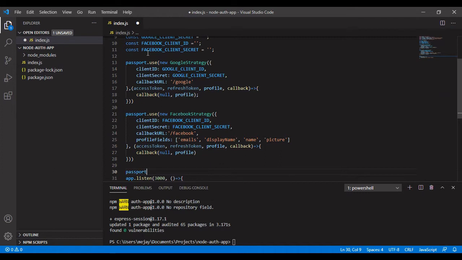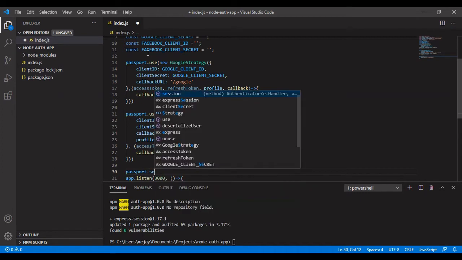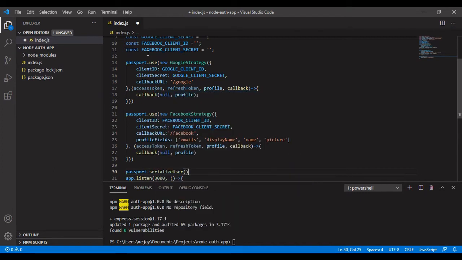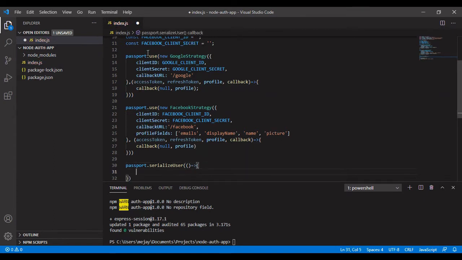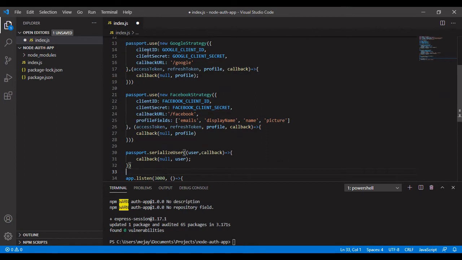After this we need to set up serialize for Passport. By using the functions we need to serialize those values, and we need to deserialize also. We need to pass the user and a callback function. Whenever we serialize, this callback function will get triggered, and it will pass the same as above.